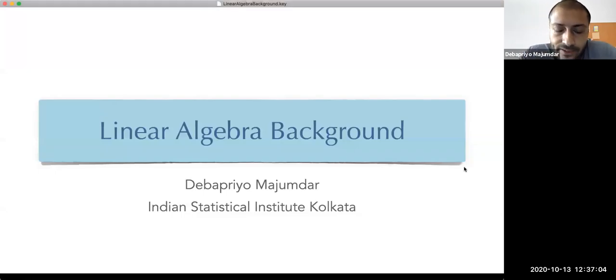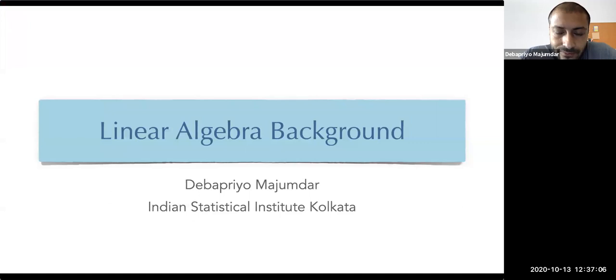So, linear algebra background. The next data mining topic we are going to cover will be dimension reduction, and then applications of dimension reduction, which will involve recommender systems or some kind of synonym detection in words and things like that. So essentially some information retrieval, text mining topics and all those, right?